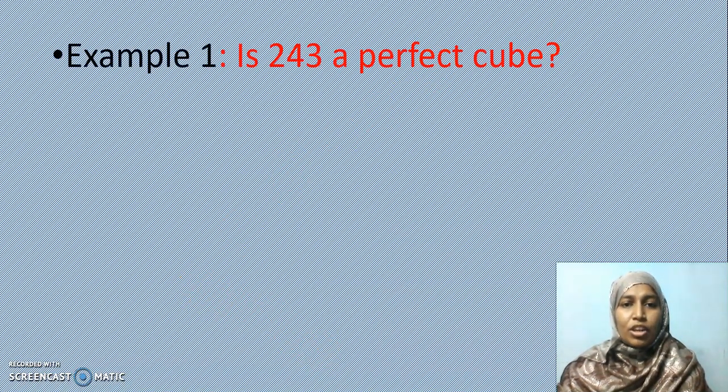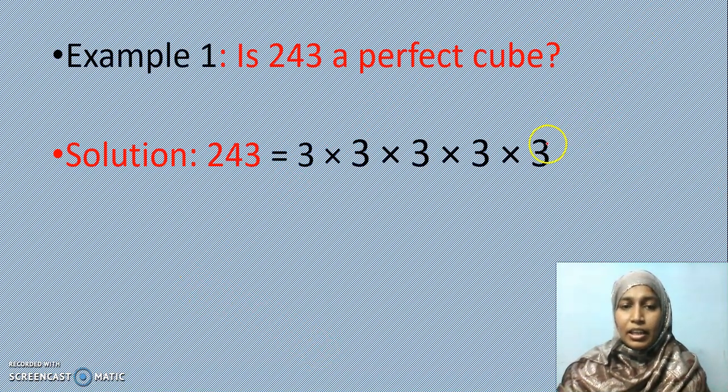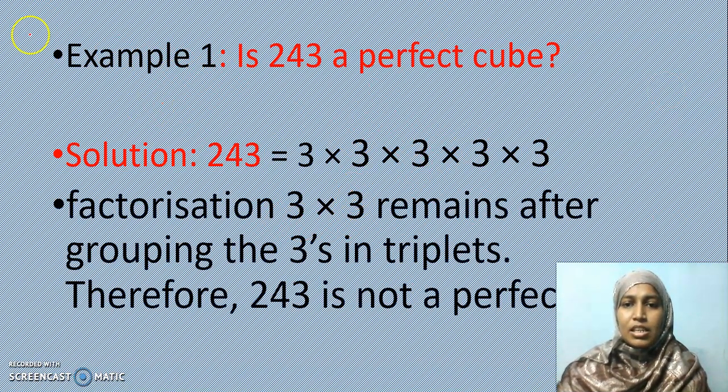So is 243 a perfect cube? If I find the prime factorization, no, it is not occurring in triplets. This last three numbers, last two, this is not occurring in